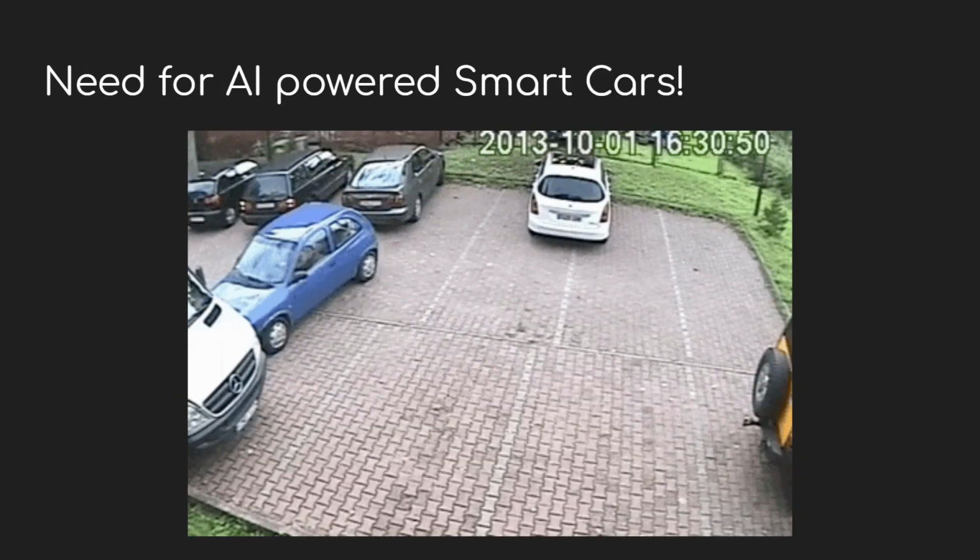Okay, so now if I look at the roads and all, you can see there are a lot of people in India and elsewhere who don't follow the traffic guidelines. So it becomes very hard for the people who follow them. That's the reason why we need these AI powered smart cars. Whether it is an assisted smart car or an independent self-driving car, it goes without saying that by 2050 or so, we need cars which follow the basic traffic rules. So that is also a need of the hour.